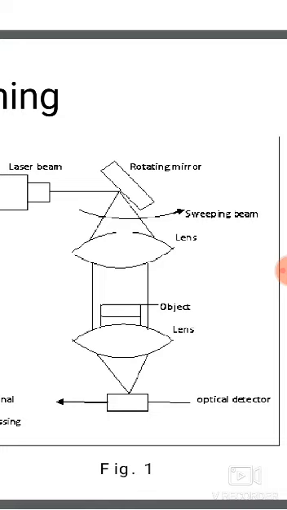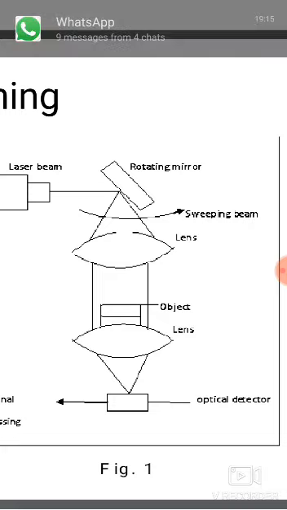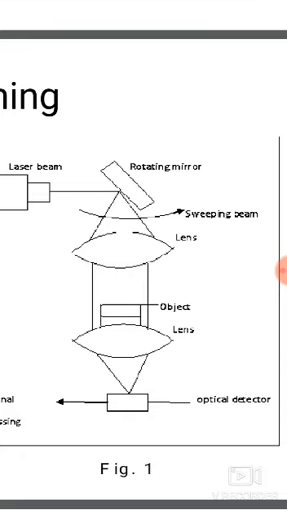The light which falls on the focal point, where the two points meet, is called the focal point of the lens system. It detects the interruption of the light beam as it is blocked by the object. This is the object here, it is falling on this. This is the optical detector. The time lapse corresponding to the interruption of the light beam is measured to determine the desired dimension of the parts.